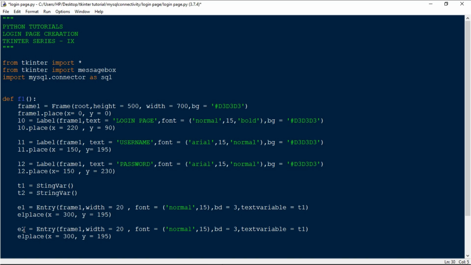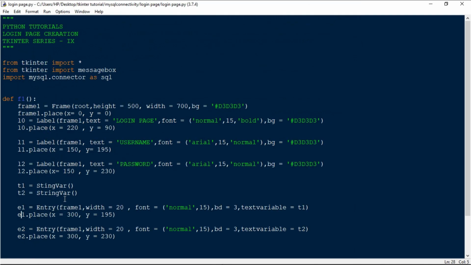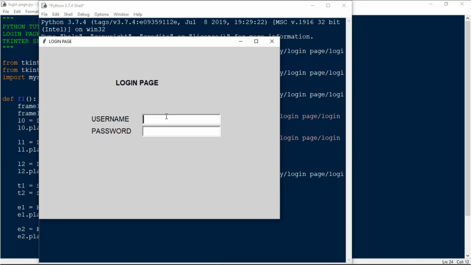So e2.place, and everything will be the same, and here the text variable is going to be t2, and this y value will be 230. So when we run this, we can see that our entry field using the string variable is created, and we can enter text here.